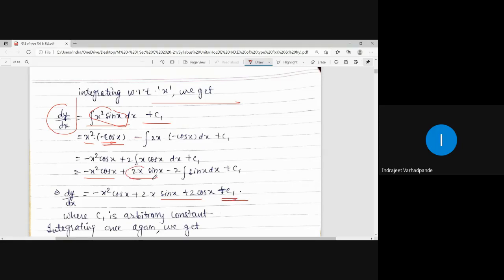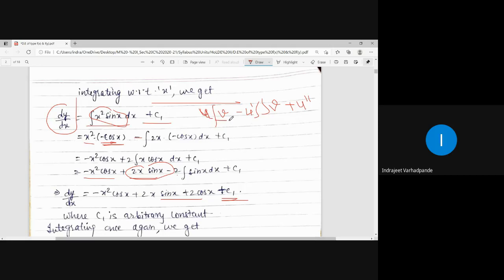What will be its integration again? The integration of 2x will be 2, with alternate plus and minus signs, and the integration of sin x is minus cos x. So it will become minus of minus, as plus. If you remember, this is our generalized rule for integration by parts. This we have discussed prior. So accordingly, we will move ahead in that direction and get the answer.